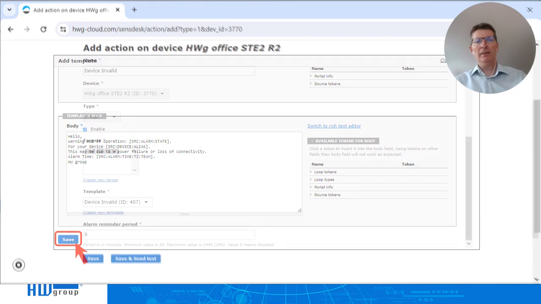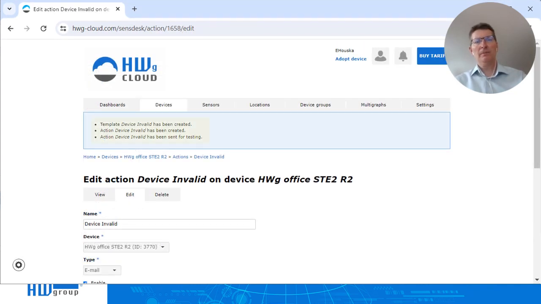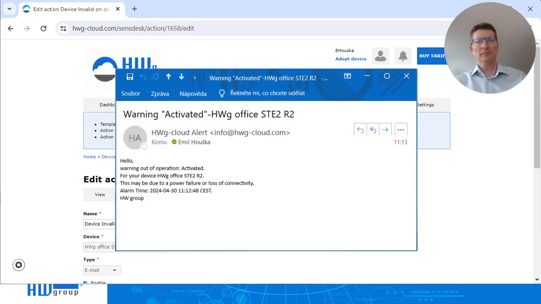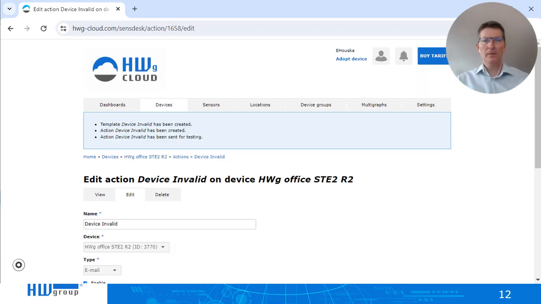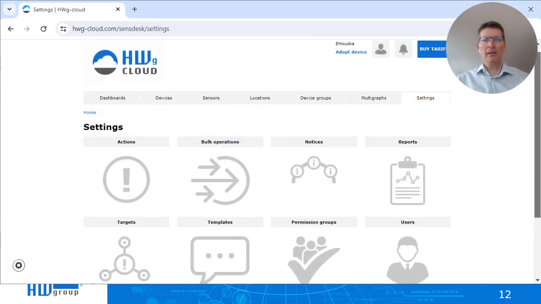Save the template. Save the complete action. And the device invalid alert is set. If a device is disconnected from the portal for more than 1 hour, the portal will send an email alert. You can also manage actions, targets, templates, and notices in settings.